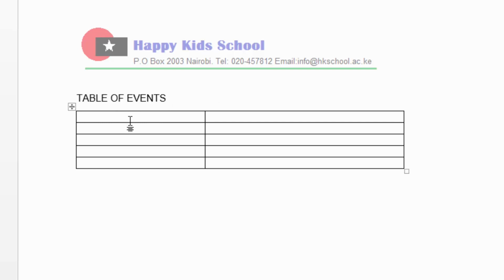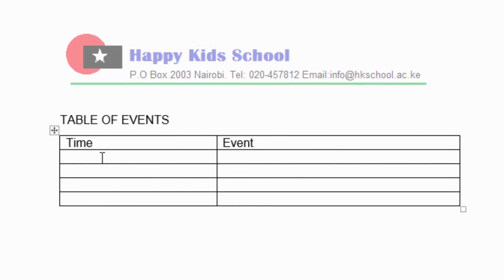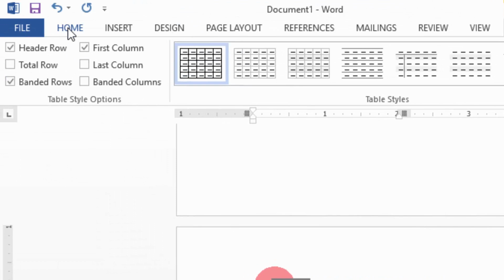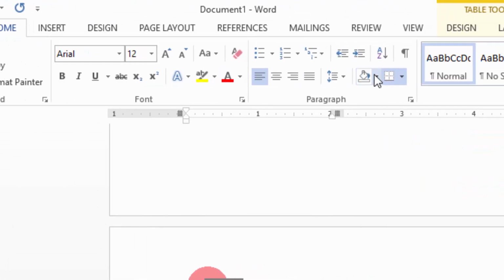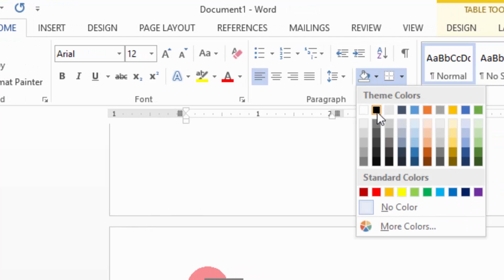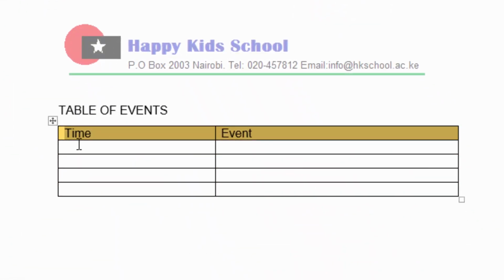Then I will just write here time and maybe event. I will select the first row, come to home and get this shading. I can choose here maybe a nice color, maybe yellow. Then I can write the information, change my font to maybe 10,